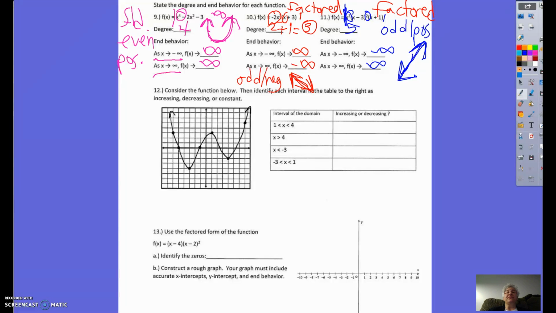Number 12, consider the function below. Identify each interval in the table to the right as increasing, decreasing, or constant. Remember, we are not worrying about constant, but we are worrying about increasing, decreasing, and we're going to mark that with our highlighter from negative infinity until this x value down here. The function is decreasing, and what we want to do is figure out what the x value is for that